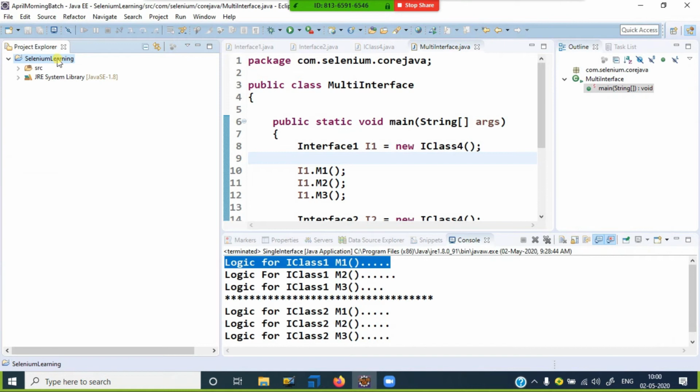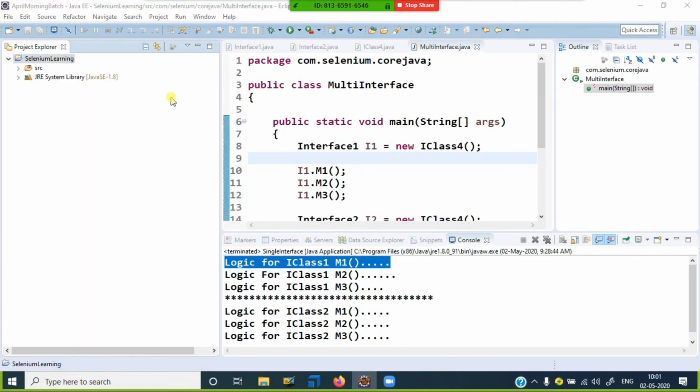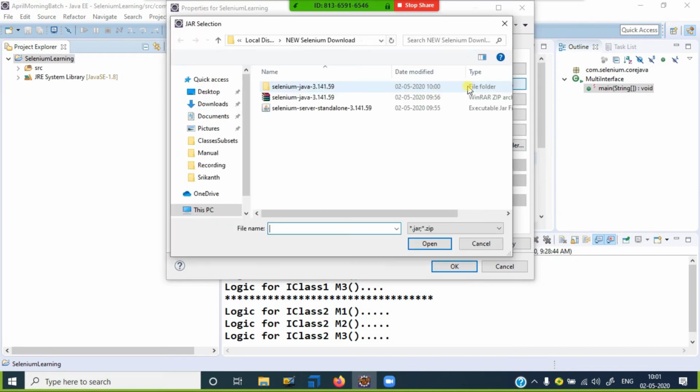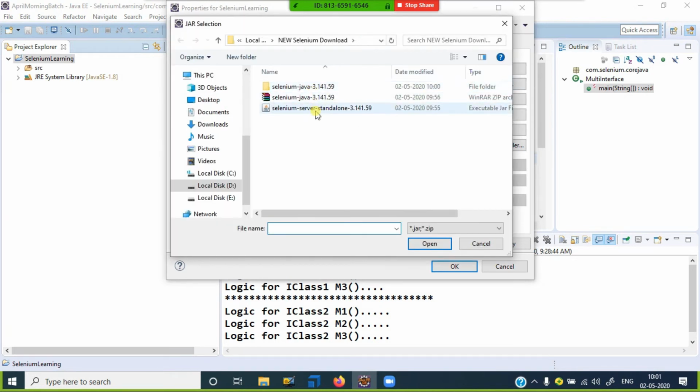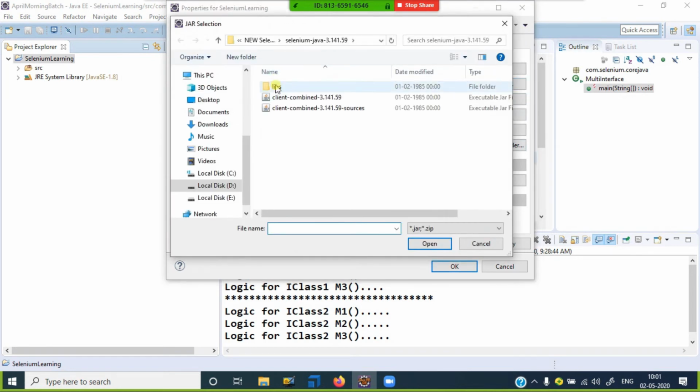Same thing: right click on the project, properties, Java build path, libraries, add external JARs. Before I was using this one, now I am using this one. Open. Again click on add, because inside the lib folder I have the jars.